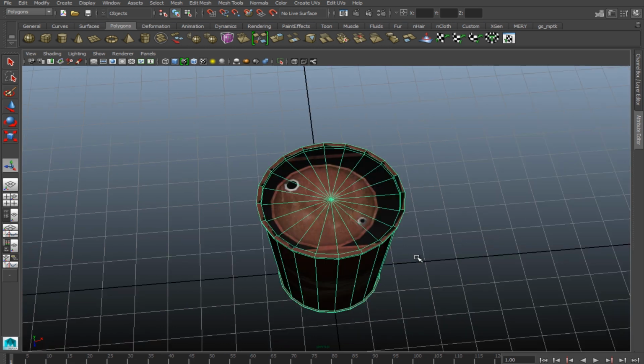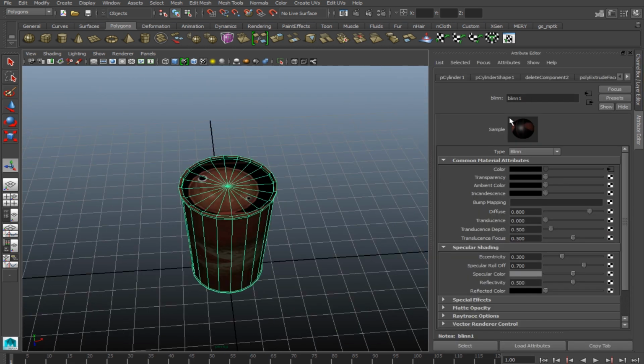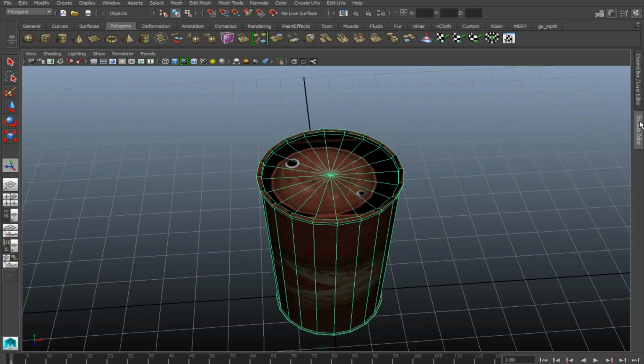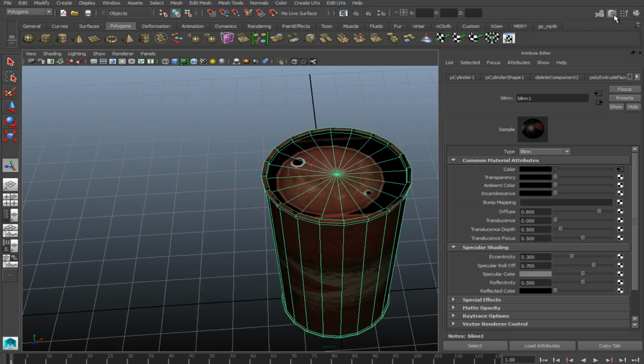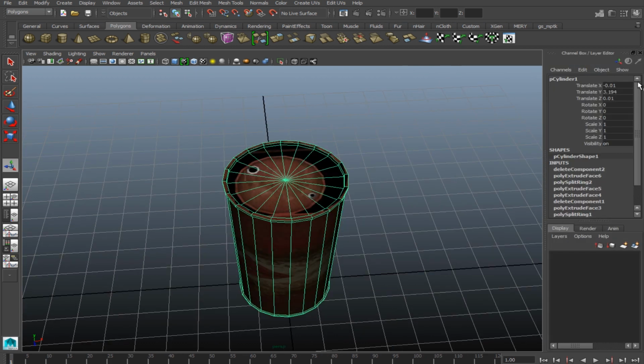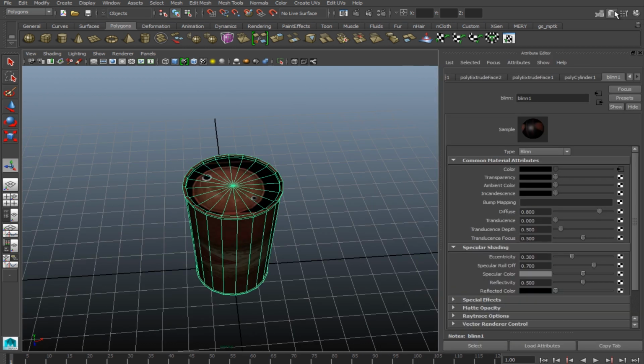Okay? If, by the way, you don't see this over here, this attribute editor, you can just find it up here. Okay, this is something called the channel box, which we won't use, and this is the attribute editor, which is what we are going to use to change a lot of the different settings. Okay, so if you don't see it on the side there, you can just go to on the top here. Alright, so